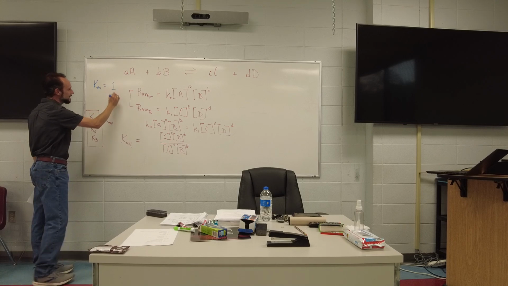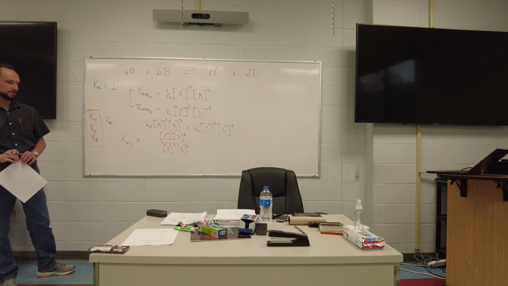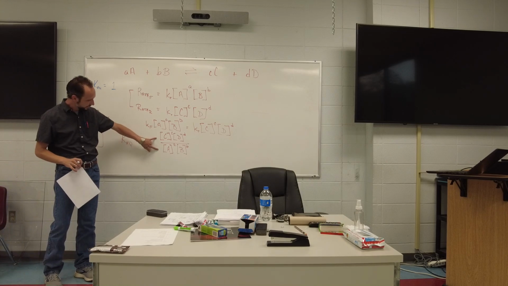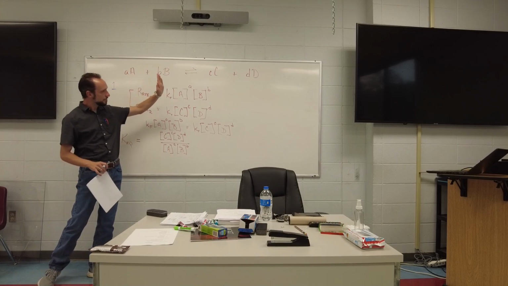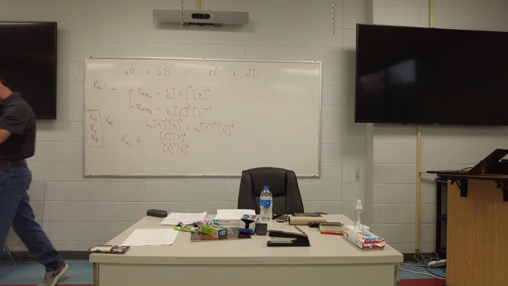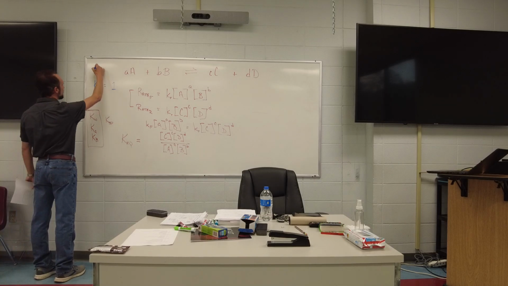If it's exactly equal to one, when you do this here, then that tells you that the equilibrium lies dead on in the center. And that is the one time that you would have equal amounts of products and reactants. We don't see that all that often. What you usually find is